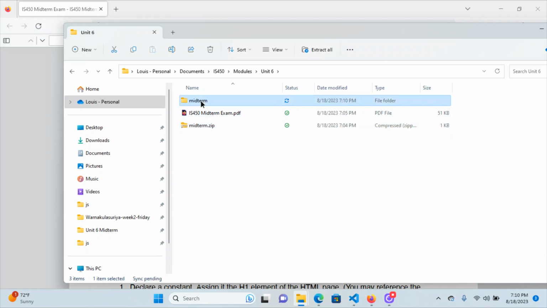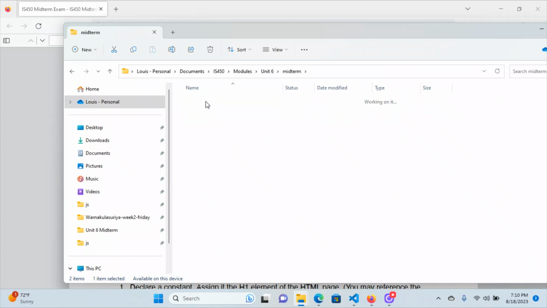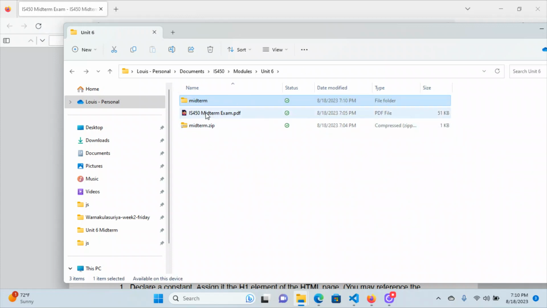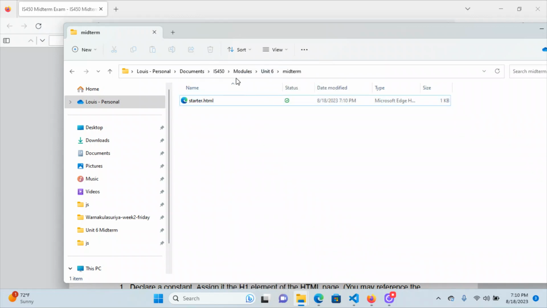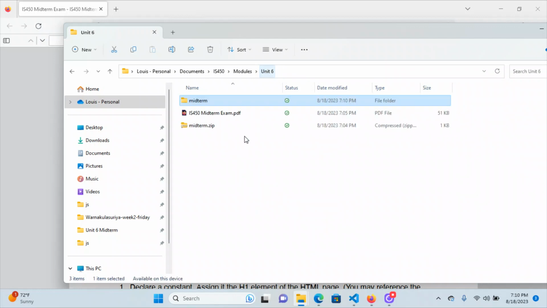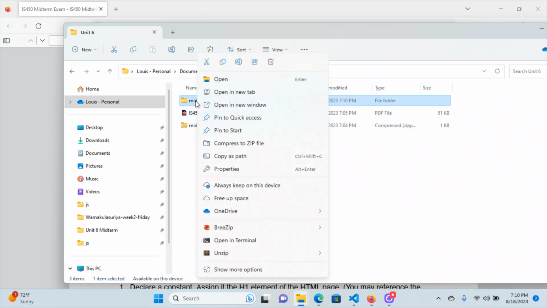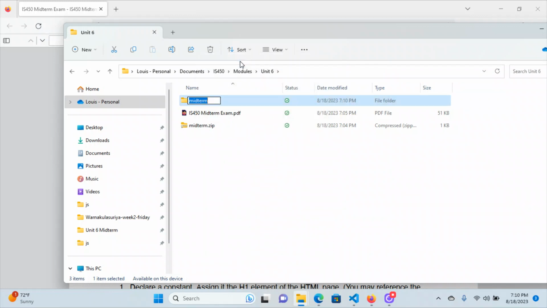And I'll probably go ahead, let's see. Yeah, this is what we were talking about before, this Mac OS X thing. Usually I remember to get rid of that before sharing stuff with you, but didn't this time. So I'm just going to go ahead and get rid of that. And then I'll probably go ahead and rename my root directory here. And I think I asked for last name